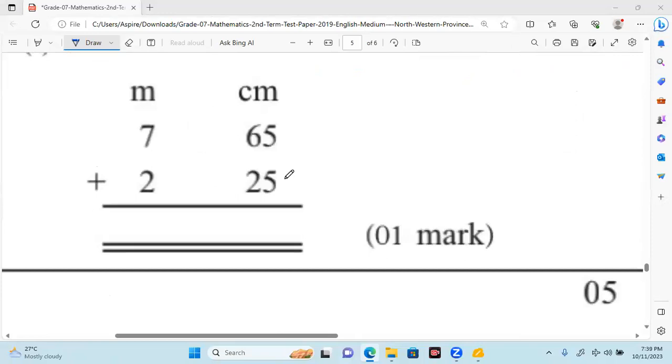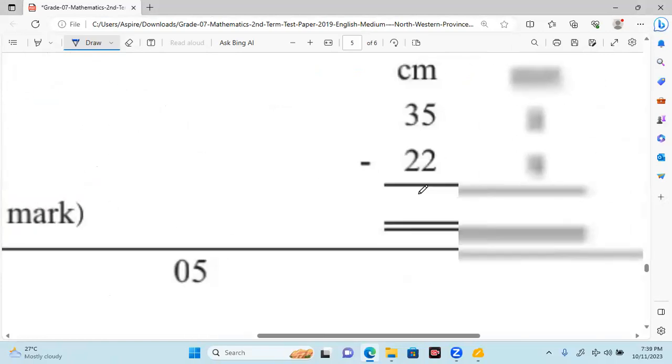What is the answer here? When you add 5 plus 5, it is 10. Okay, then take 1 to this side. 1 plus 6, 7, 7 plus 2, it is 9. We can write only 2 digits in the centimeters column. Then 7 plus 2, it is 9. So 9 meters and